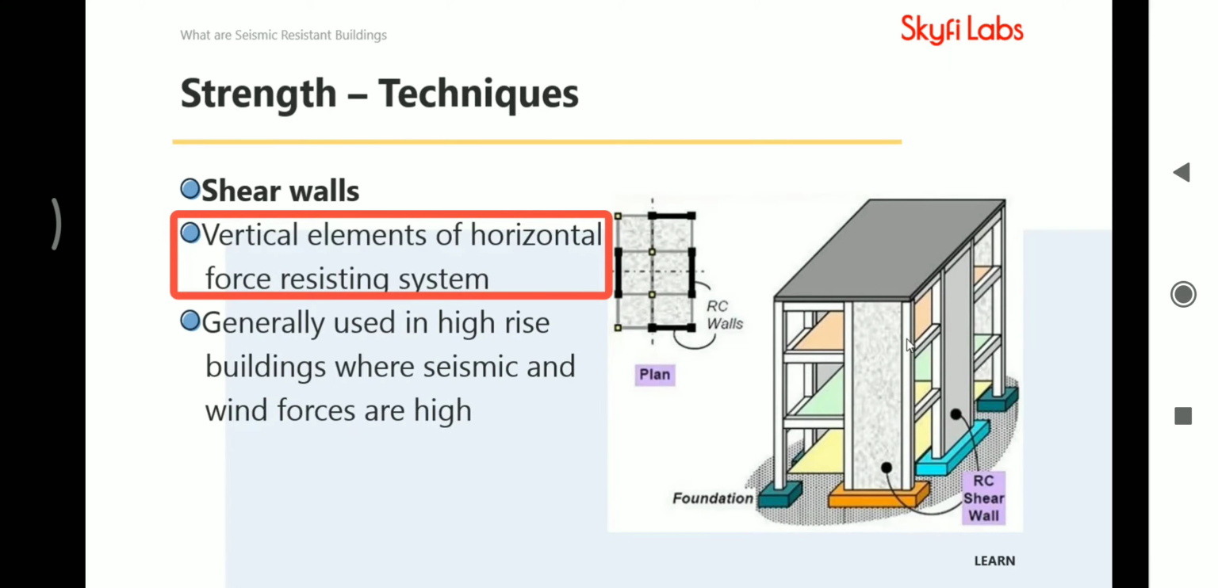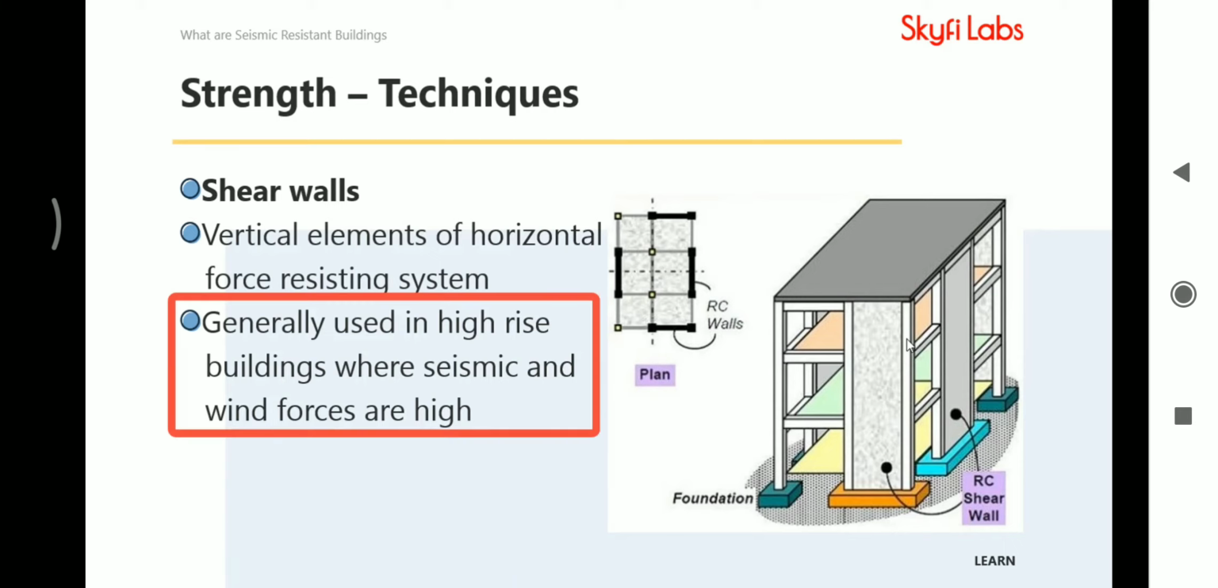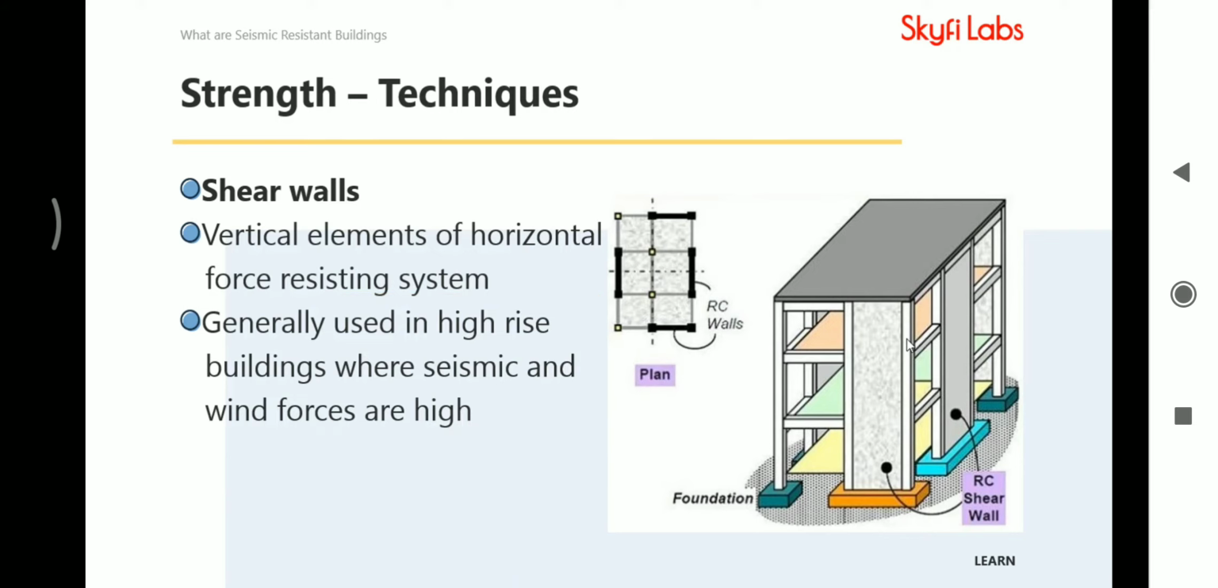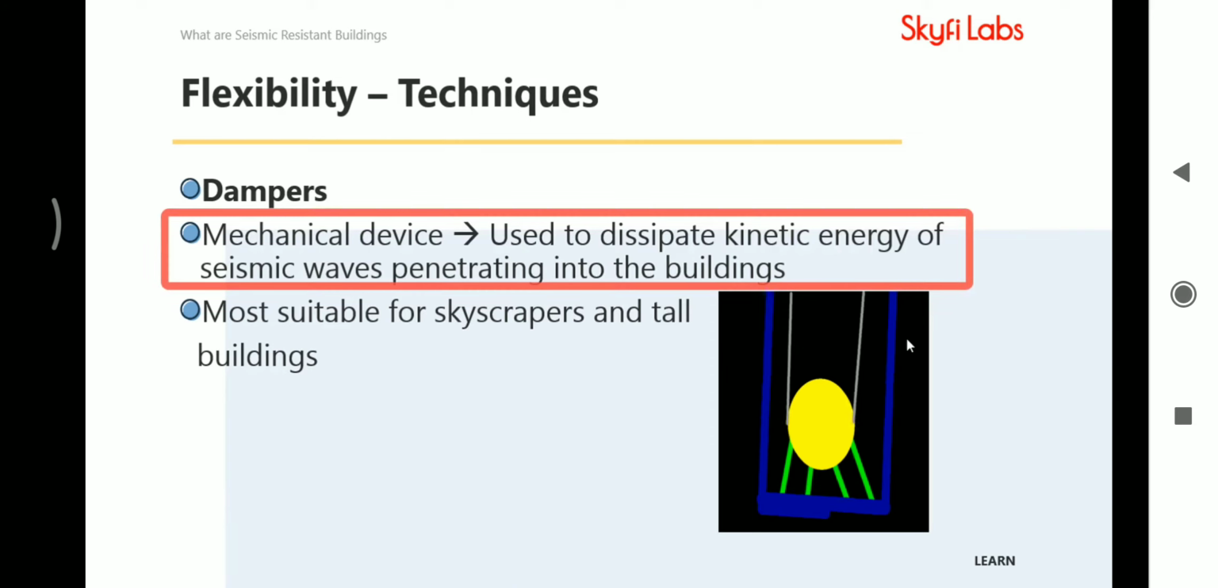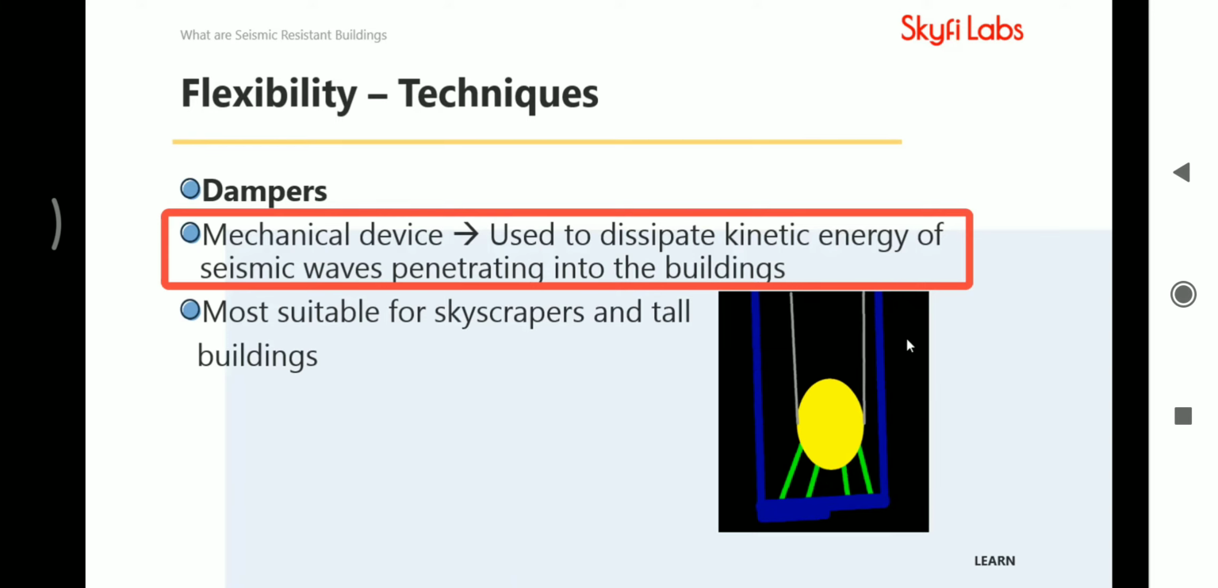Shear walls are vertical walls that are used to stiffen the structural frames of buildings. They help frames resist lateral earthquake forces. Generally, shear walls are used in high-rise buildings, where seismic and wind forces are high. Dampers and base isolation are the advanced seismic-resistant techniques. Dampers are mechanical devices used to dissipate the kinetic energy of seismic waves